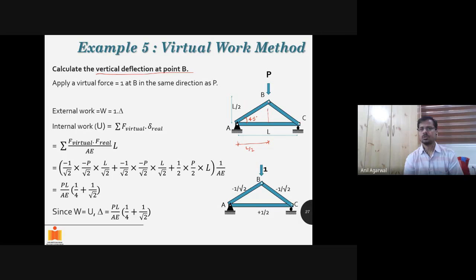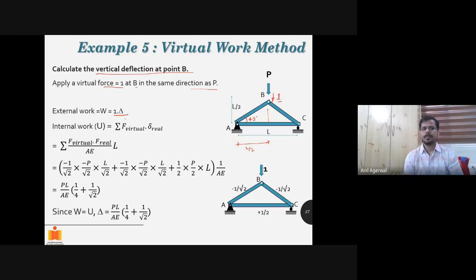Since I want to know the vertical deflection at point B, I apply a virtual force equal to 1 at B in the same direction as P. So I apply a virtual force 1 here. As my convention has been, I will first apply the virtual load. Let the virtual load sit there. So this is the truss, this is the top point. Let the virtual load sit here, and then subsequently the P load is applied, the heavy P load, and this virtual load 1 will be riding along as the truss is deflecting. So the external work done by the virtual load while the real loads are applied will be